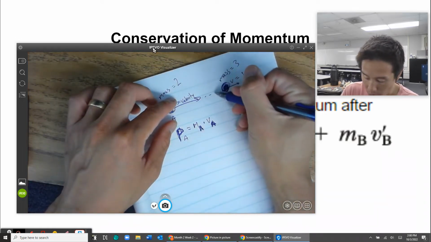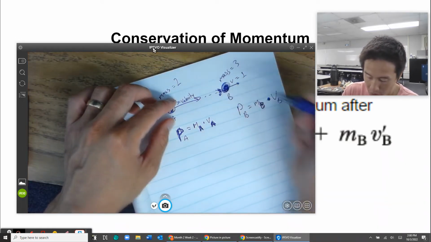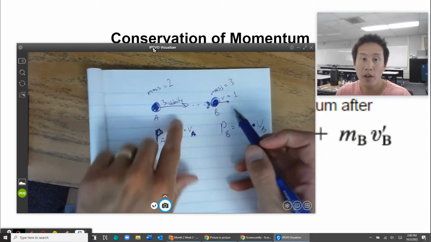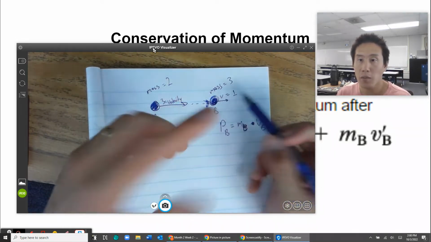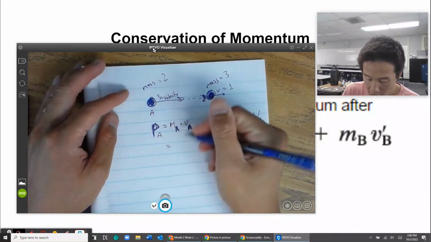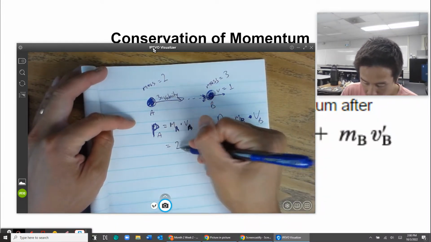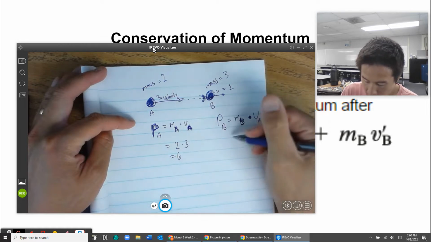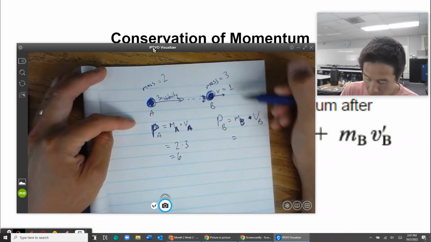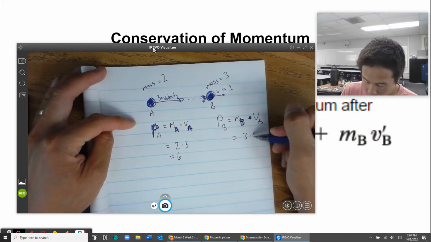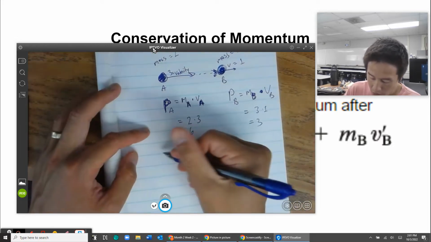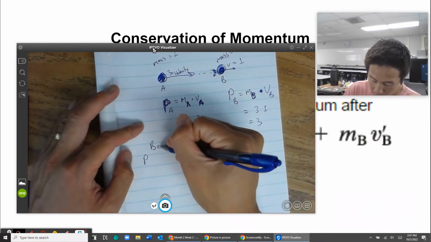Let's say at the moment they hit, that's what their velocities and masses are. Okay, so let's do a calculation. I'm not putting any units yet, so it'd be 2 times 3, and that's 6. And this over here would be mass is 3 times 1. That'd be 3. Okay, so before